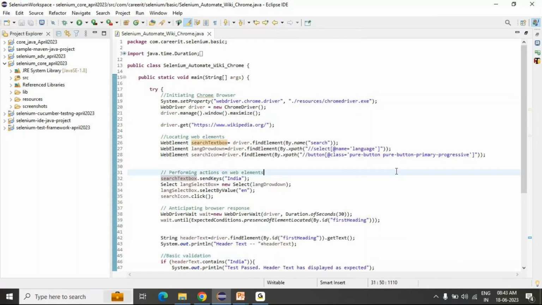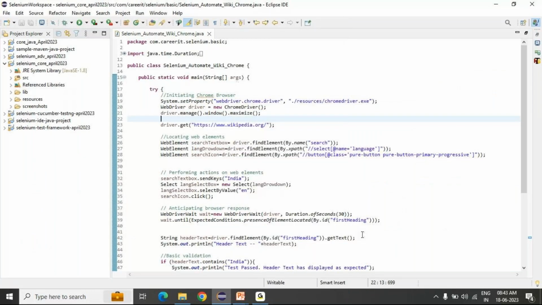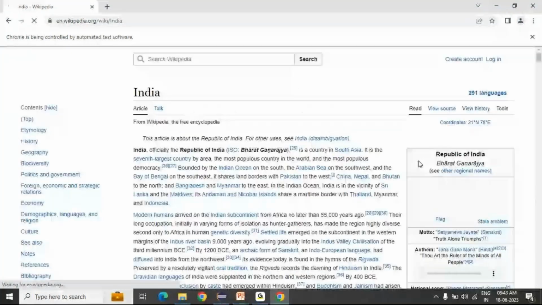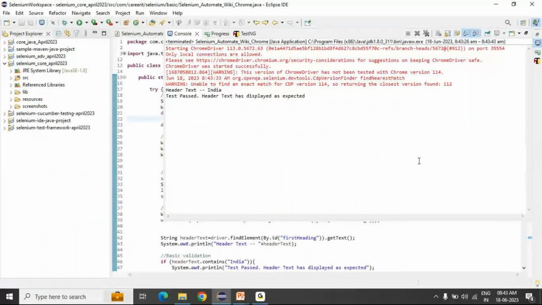If you see on my machine now, there is no Chrome browser opened. I closed my Chrome browser. So now I'm running my test case, run as simple Java application. Let's see, guys. It is going to launch the browser first. Starting the Chrome driver, that is the Chrome browser, maximizing, entering the Wikipedia URL, India English, clicked on search icon, navigating to the next page, validating and closing. See how quick it was, right? That's how Selenium interacts with the web application.